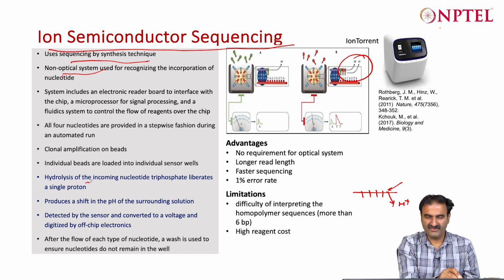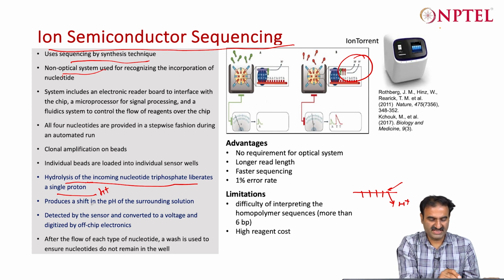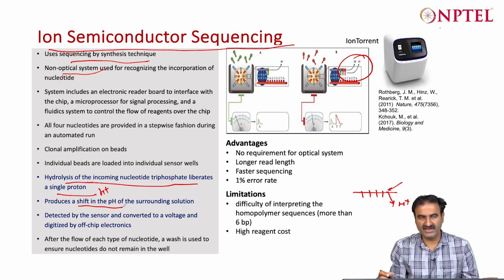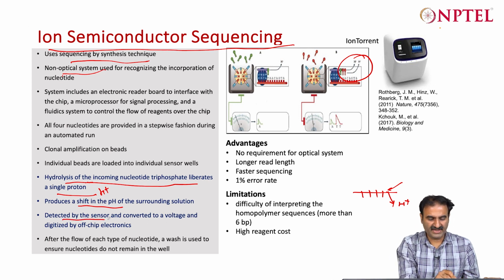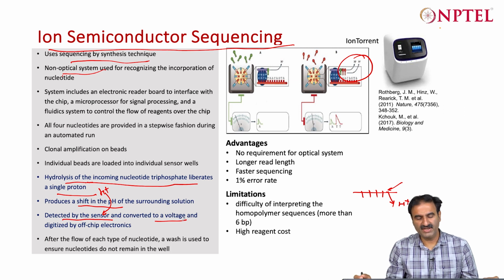So the principle is that the hydrolysis of the nucleotide releases a proton, H+, which changes the pH of the surrounding medium. One proton may not change it, that is why you need a lot of protons, that means a number of copies of the same DNA, which is detected by the sensor. So this pH change is detected by the sensor, converted into voltage, and leads to detection of the nucleotide,